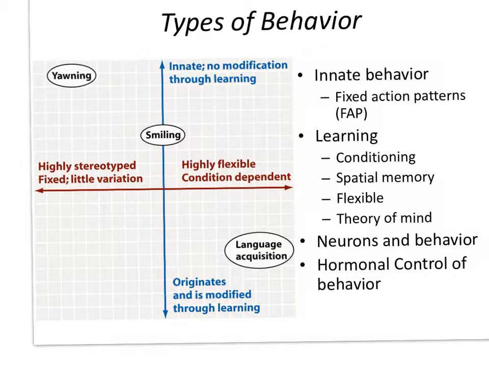Okay. And then the innate versus learning goes on the y-axis. If it's innate, no modification through learning, or it originates and is modified through learning. So examples: language acquisition, bird song with fixed or open-ended learners. That there's parts of it that are actually pretty innate. In other words, like the critical period, or the individual bird's species-specific template, right?